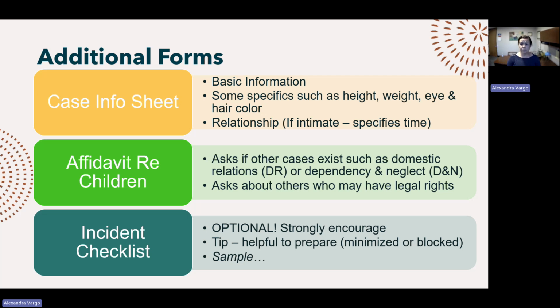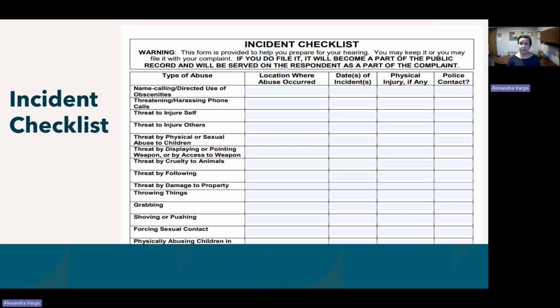The incident checklist is optional. I'm going to go into that a little more on the next slide. But I think it is a really helpful document. A lot of times when someone is asking for a civil protection order, there's a lot of incidents that have sort of been buried in their memories, or maybe blocked by some trauma, or they forgot, or maybe they don't realize it is even a problem or a concern, or that it's not that serious. So the incident checklist that the court allows you to file with your initial forms is really, really helpful,